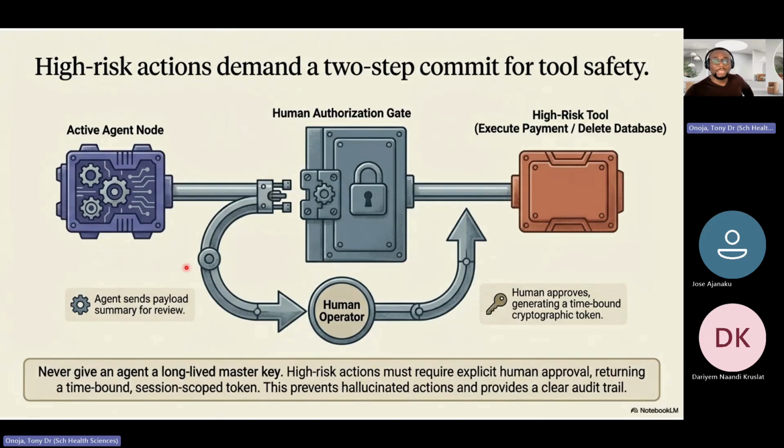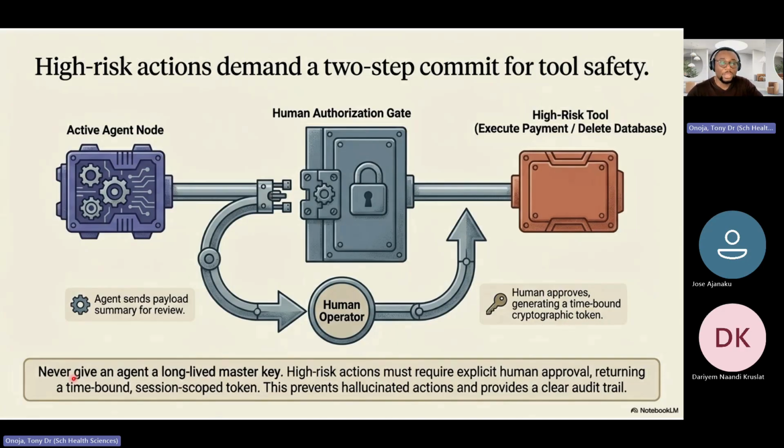So the active agent sends a payload summary for review. You take a look at that review and then you authorize it. Most of the time, high-risk actions, like executing a payment or deleting a database, are things that once done, you cannot retrieve. So it's better you leave the final authorization in human hands, so the human approves and generates a time-bound